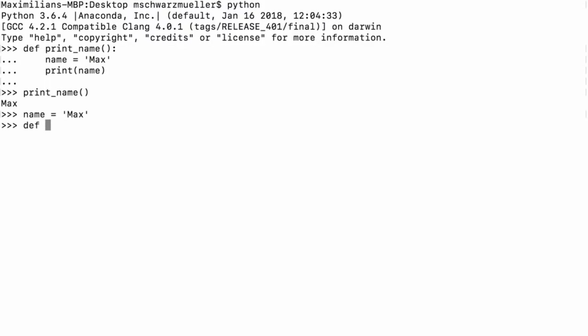Then we define a function, maybe getName, and here we're prompting the user for input. And we want to store that input in the name variable. So name, input your name, like that. So this will store whatever we enter in the name variable. And thereafter, outside of the function, I first of all execute getName to get that input. And after executing that, I'll print name.